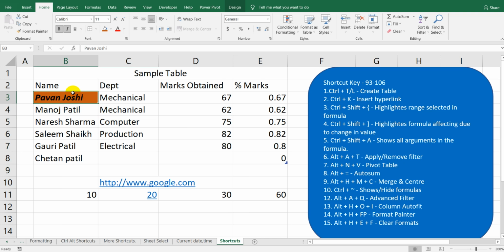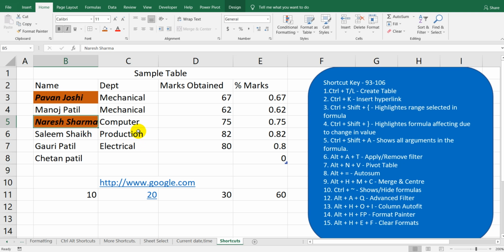To copy the format, press Alt H F P. So you can see the format is copied, and also you can see in the status bar, use the mouse to apply the copied format to another object. So let's consider I need to apply it for this. So I will select that particular cell to format.